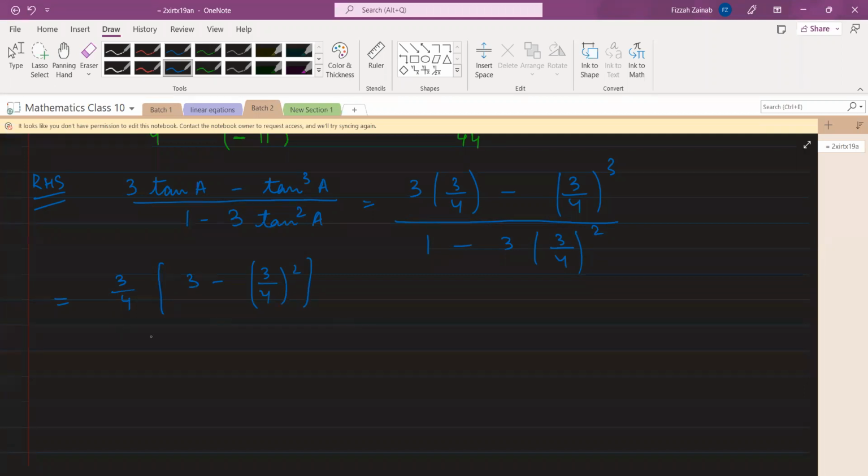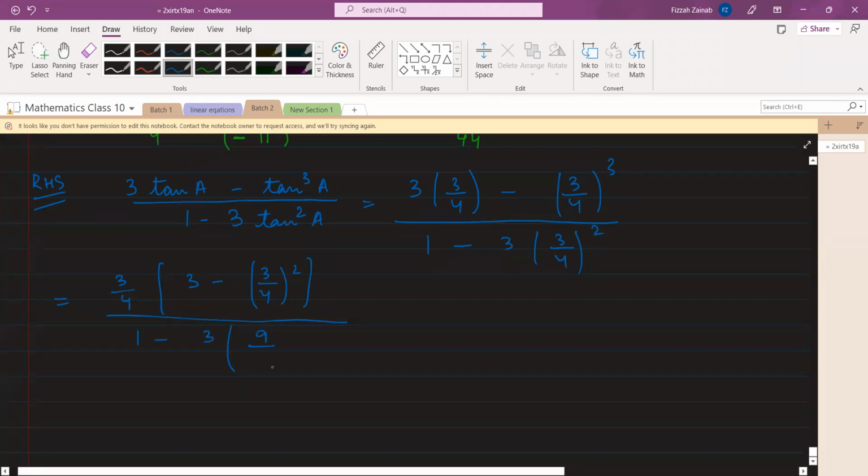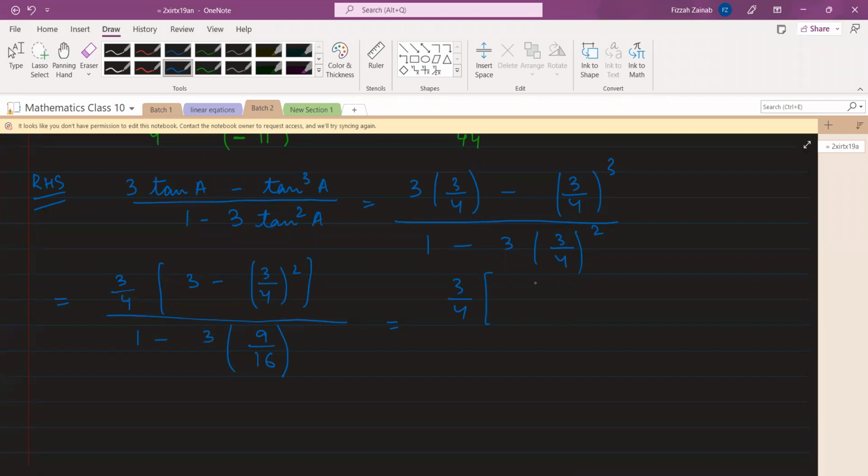And then divided by 1 minus 3 into this, you can expand. 3 into 3 is 9, 4 into 4 is 16. So this will be 3 by 4 and into, again, this will be 3 minus 9 by 16, right? And divided by,